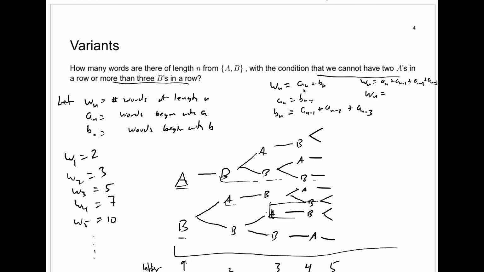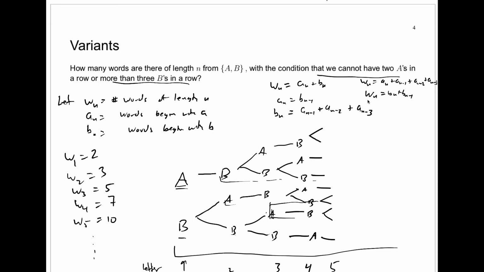Instead of a n plus b n, I'm going to replace the a n by b n minus 1, and we'll get b n plus b n minus 1. Now what I'd like to do to get the recurrence just in terms of the w's is get rid of all the a's and b's, and the easiest way to get rid of all the a's and b's is to match an a sub n with the b sub n to get w sub n. A sub n minus 1 plus b sub n minus 1 is w sub n minus 1, but I have nothing to match a n minus 2 and a n minus 3. But actually I do,